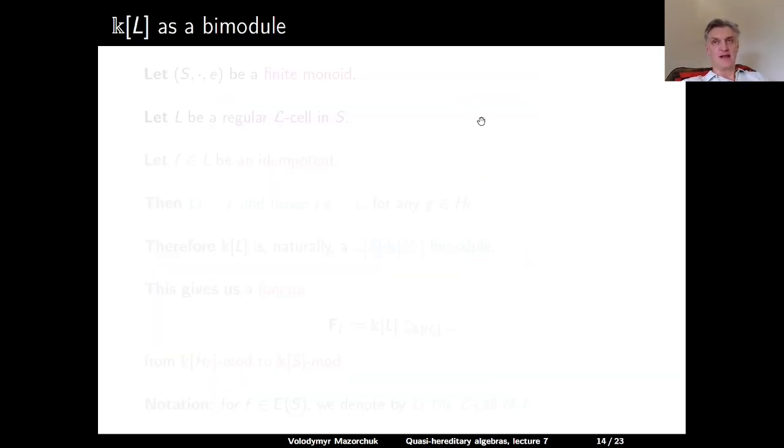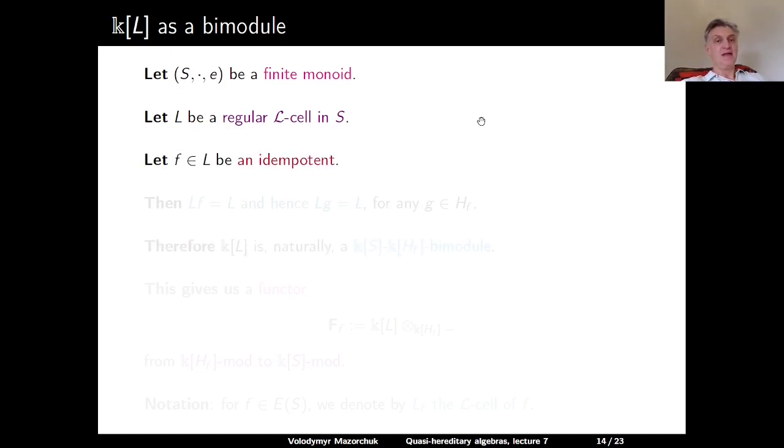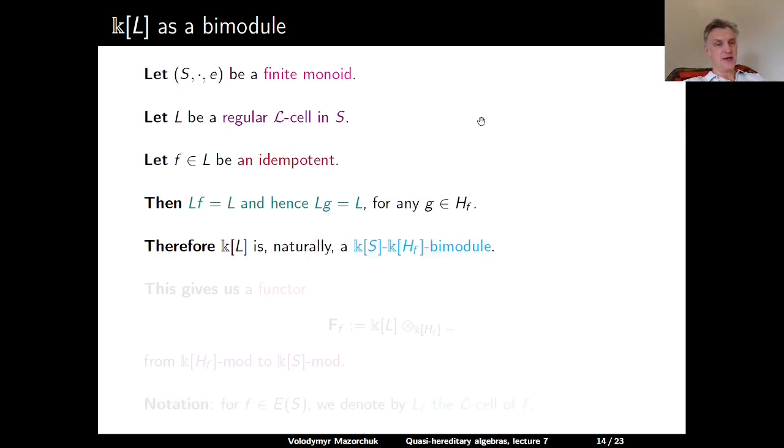Now let us discuss cell modules as bimodules. Let S be a finite monoid, and L be a regular left cell in S. Let F be an idempotent in this left cell, L. Then, multiplying L with F on the right gives us L. This is because F squared is equal to F. And hence, multiplying L on the right with any element in the H cell of F gives us our left cell back. This means that our cell module KL is naturally a bimodule,